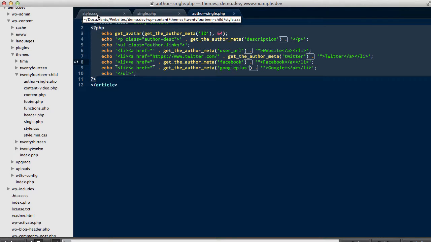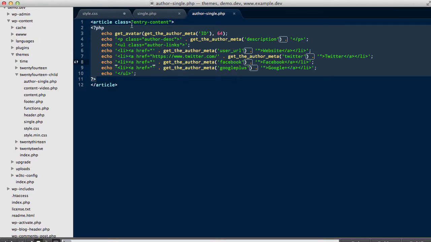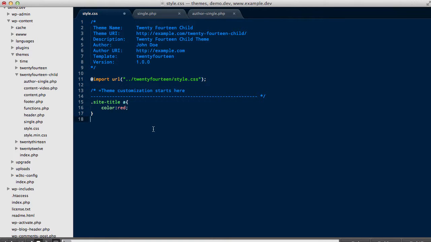So what we're going to do is jump into our style sheet now, and hopefully you remember the classes that we've added to those before. You can just go back here, you can see we've got author description, author links for the opening unordered list tag, and that's really about it. That's all we really need to get this happening. So back in style.css, we'll start with author description, and what we probably want to do is float that to the left,